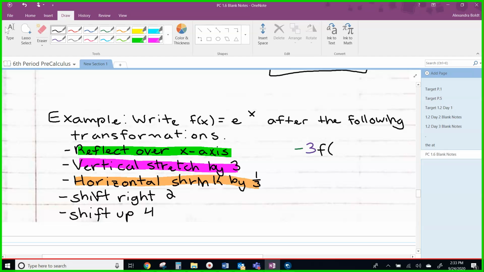So this is going to be inside those parentheses. And since it's inside the parentheses, remember, it's flipping. So shrink by 1/3, well, I have to flip that. So really, that's going to be a 3. If I flip 1/3, I get 3. So 3x